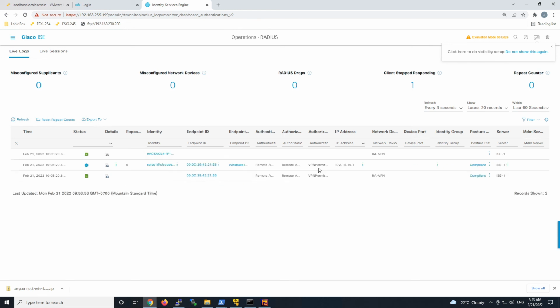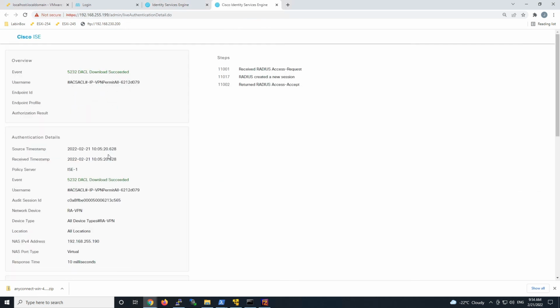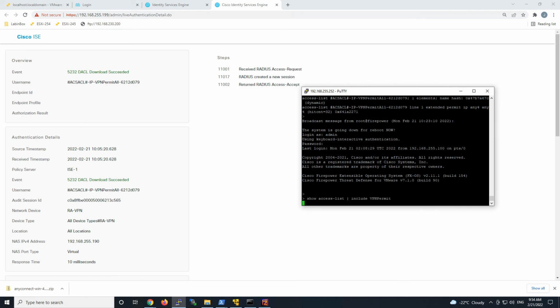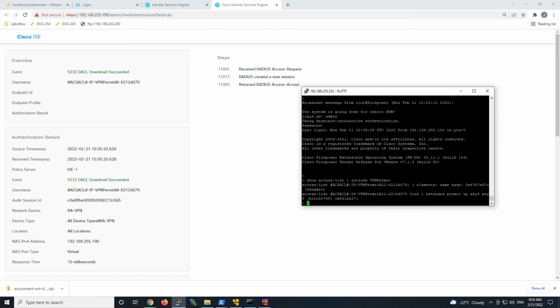Now let's look at a couple things here. One is we know that a downloadable or dynamic ACL was applied. There's the name of it, VPN permit all, and then this unique identifier. So let's see if we can see that within the Firepower Threat Defense platform. And the name looks good, yeah, and it matches, and we know that it's dynamic as well. Okay, perfect. So that did succeed. We saw it not only on the Identity Services Engine, but we also saw the outcome being enforced on Firepower